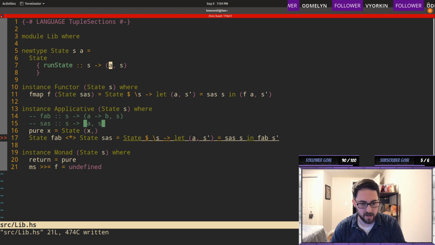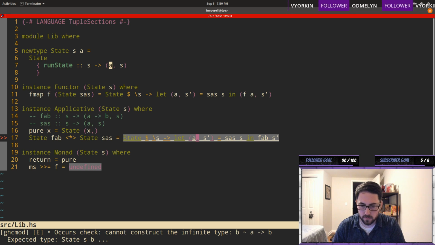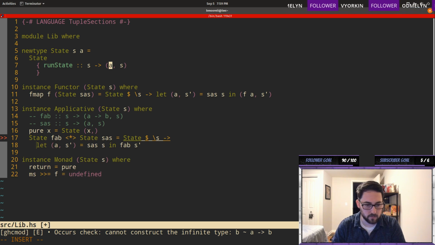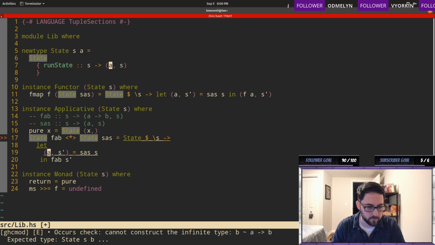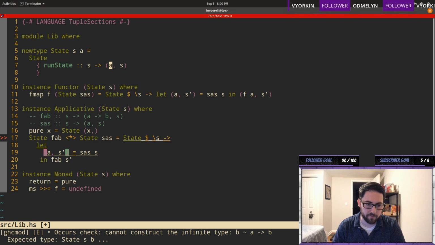Because to pass the rules, we could test the rules if we wanted to. So if I give, let's expand this a little bit. So we're gonna put this down here and this here and that there. We can do multiple lets here, right? So the first thing we need to do, I think we have to do the fab first. So we're gonna get